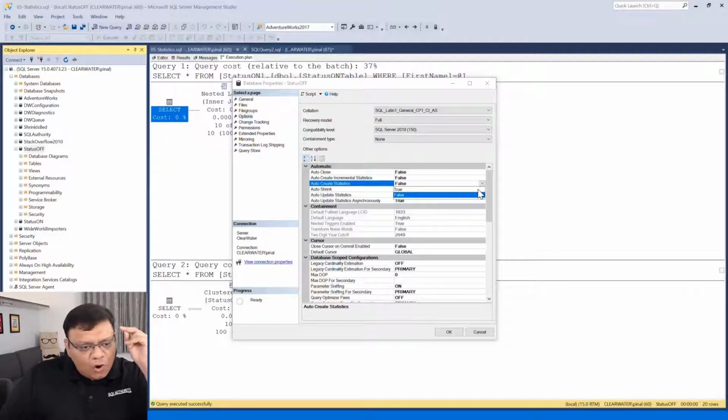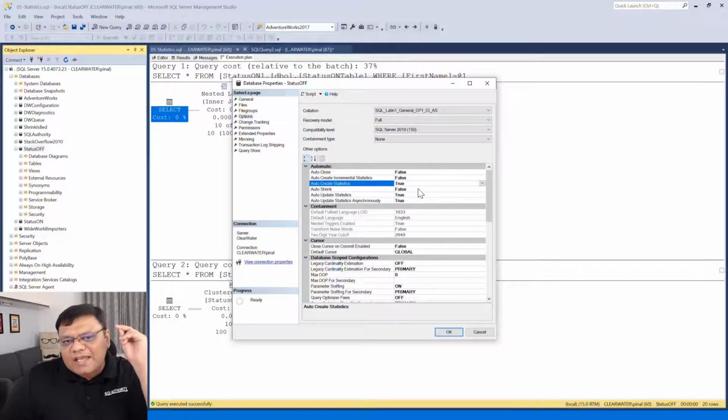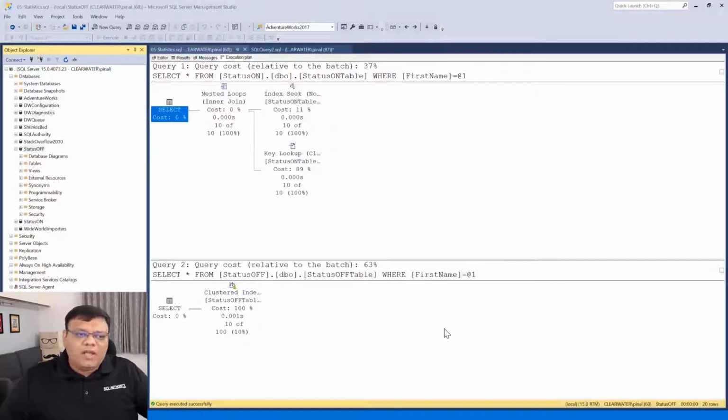So leave auto create statistics on, so it will create the statistics for you. Leave auto update statistics on, so it will update the statistics which were created before if they are not as per the algorithm, which is 10% for the new version and 500 rows plus 20% for older. That's not important. And also leave auto update statistics asynchronous on, because of what that setting does, which we are going to see now.